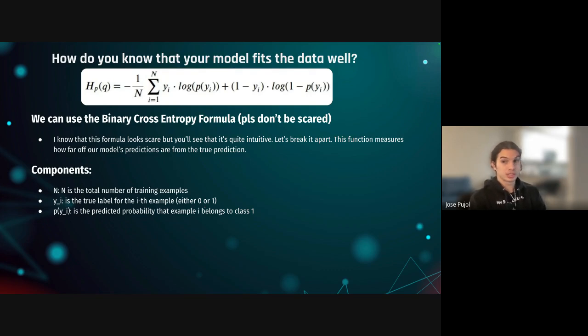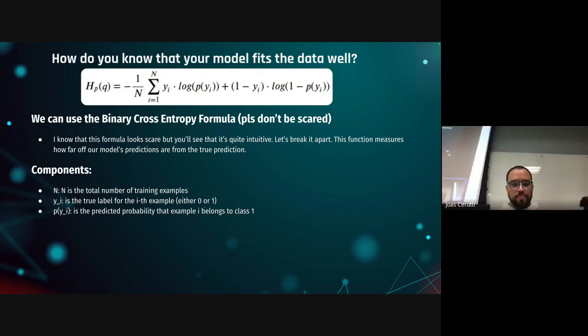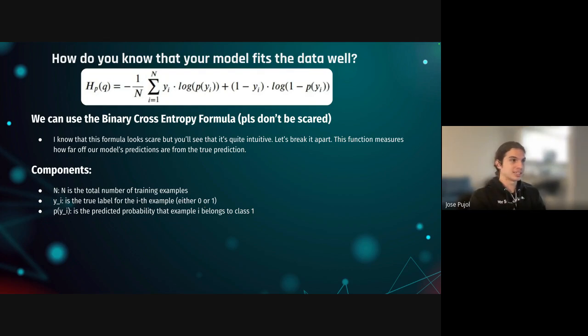Your model is very surprised because it wasn't expecting that. That's essentially what this function is trying to capture. Were we expecting the value that we saw, yes or no? I hope that makes sense to everyone. I know when I say it like that, it makes sense, and then you look back at the slides and you're like, yeah, but I don't see how this fits in there. So we're going to explain that.